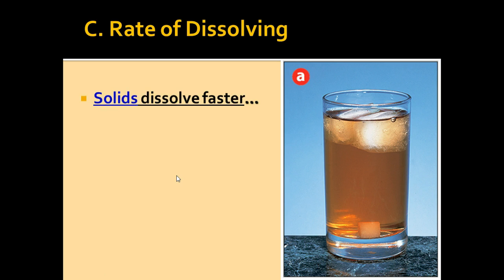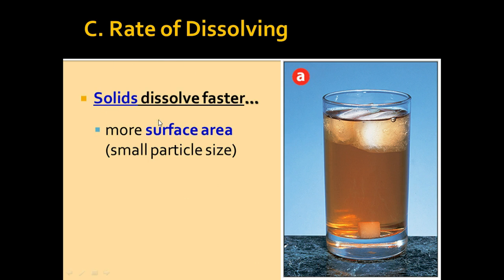And then here we're going to be talking about rates of dissolving. So we're going to be talking about solids dissolving in liquids and gases dissolving in liquids. So solids dissolve faster when we have more surface area or small particle size. So if you ever dissolve anything, and if you crush it up, because when you crush it up or have small particles, it has more surface area, and so the substance would dissolve faster than if we left it as